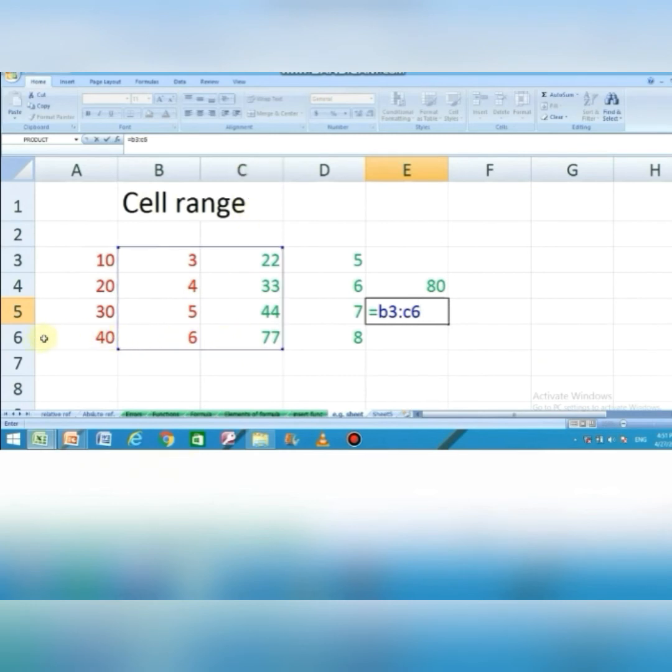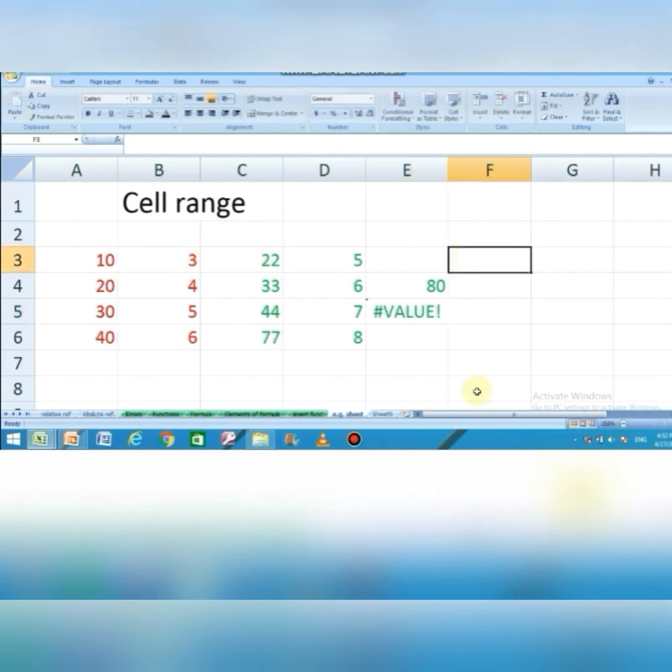Whenever we are using any range sign, these two dots are the range sign, we should always use a function, which is sum, subtract, product, any type of function we can use in this. See, it is invalid and it will show you an error message.